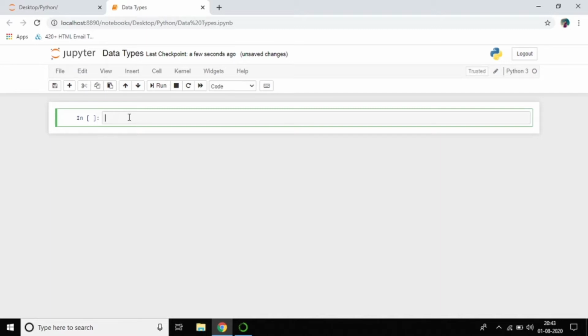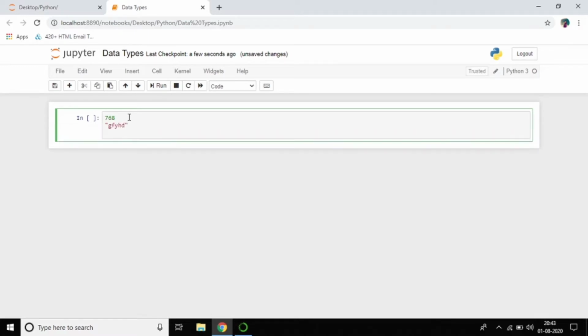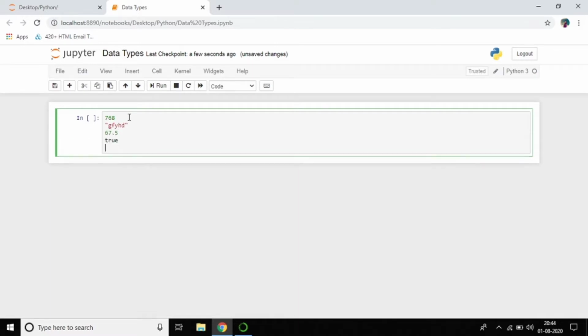Suppose sometimes I write like this, sometimes like this, sometimes like this. The computer doesn't know what I'm writing, but I know what I'm writing. I'll say this is a number, this is a name, this is a decimal value, this is true or false.